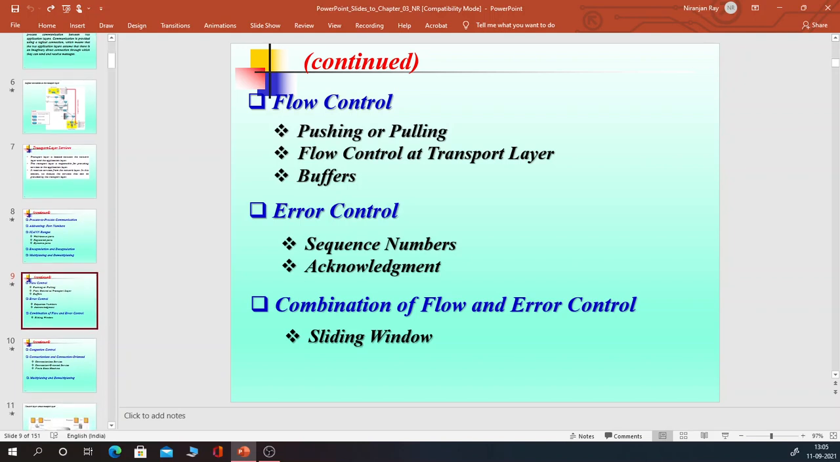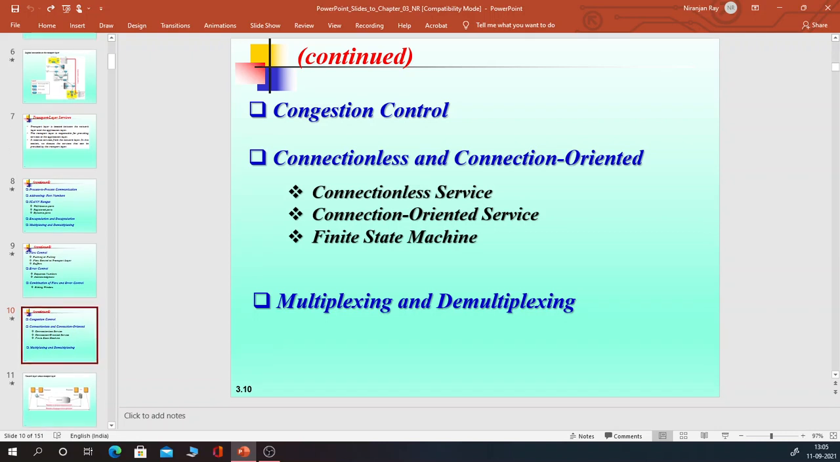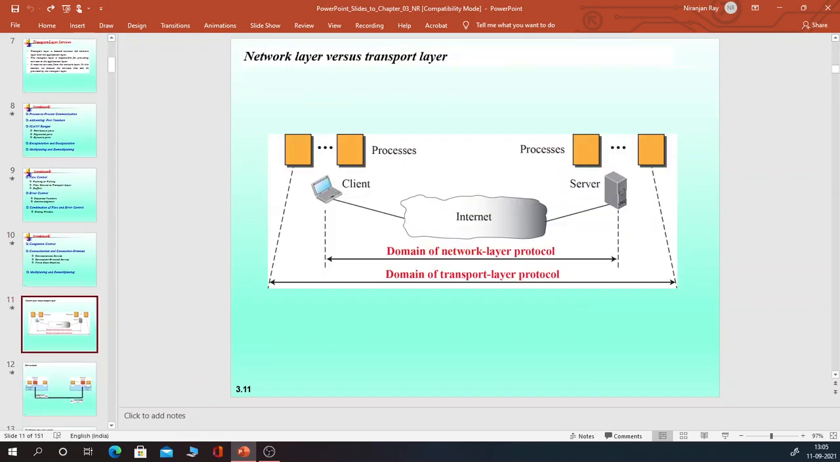error and congestion controls, then multiplexing, encapsulation. All these things are related to the functionality of the transport layer. So in the next video we will discuss the different flow control mechanisms as well as different congestion control mechanisms. Just in brief, this is